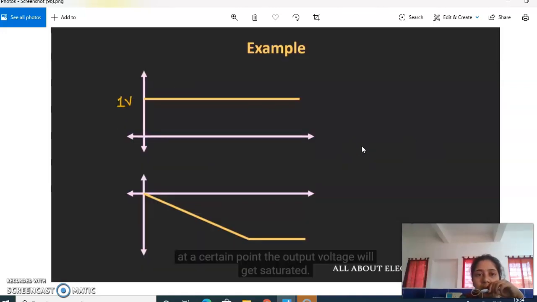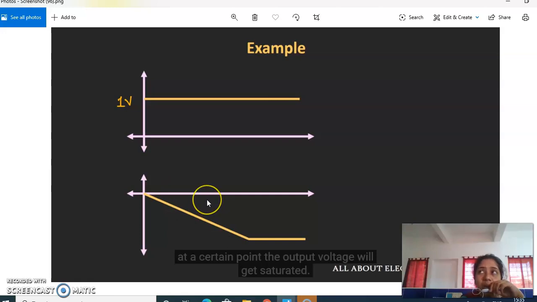And then, for example, if I consider 1 volt of DC input voltage and apply it as an input for the integrator, then I can get the ramp. It's a negative ramp, because the integration of the step voltage is what? It's a ramp, because we integrate u of t equal to 1. So 1 is the step voltage. When you integrate 1, then you will get t.